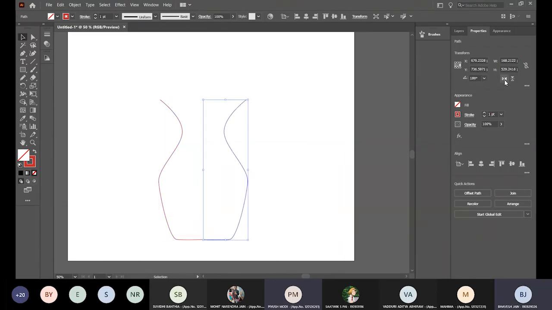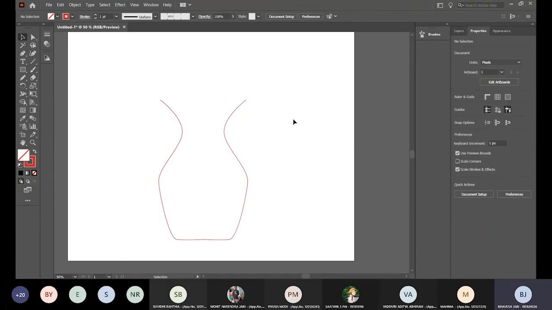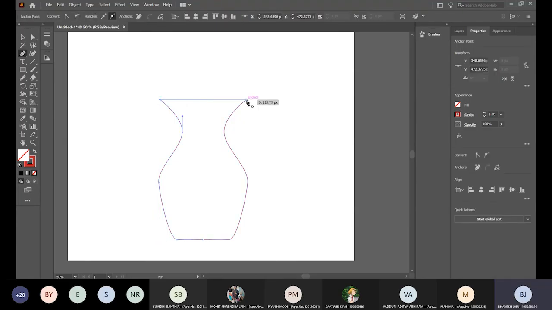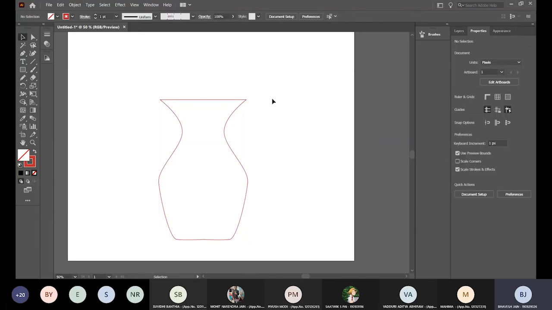So I rotated it along the rightmost corner, and now I need to connect these two. So I wish to extend this very path. So I go here, and the moment it shows anchor written, it means we are going to start from an existing anchor point. The slash means we'll be extending this path that's highlighted in blue. We draw, and what does this square mean? That we are going to join the paths. Existing path and the new path, they are going to be merged together. I joined them. I overshot it a bit. I'm sorry. We join it, and your vase is ready.